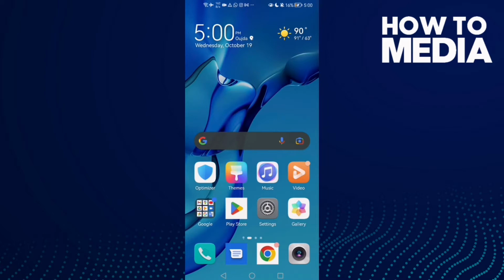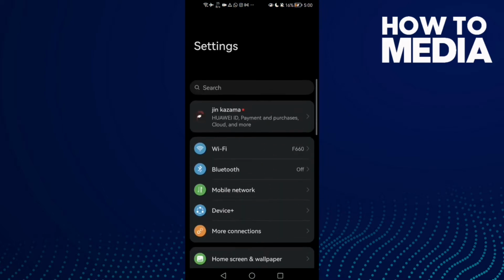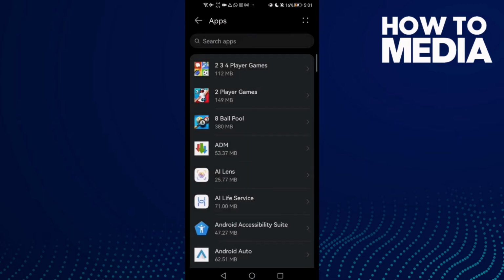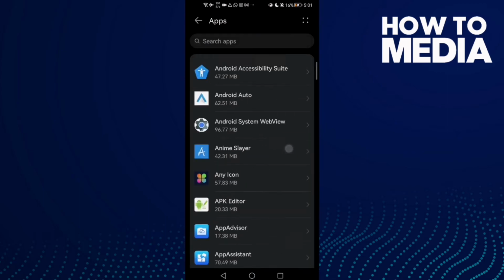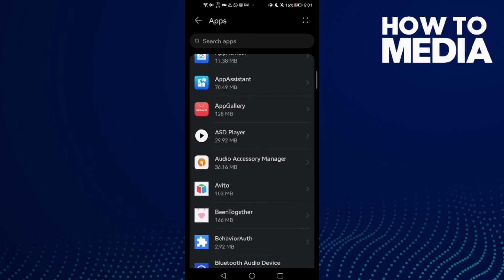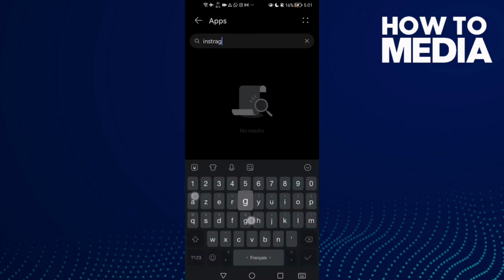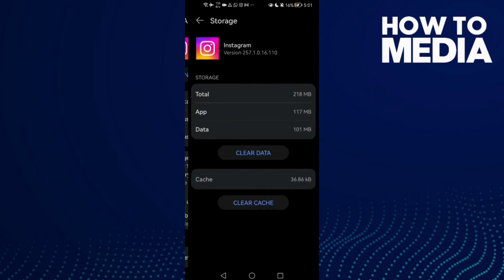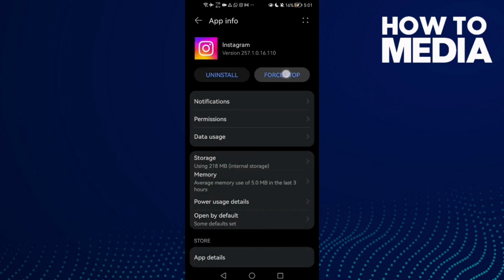First thing, just go to settings, scroll down until you find apps, and then apps again, and now just scroll and type Instagram. Click on it, and here you will find storage. Click clear cache and force stop,